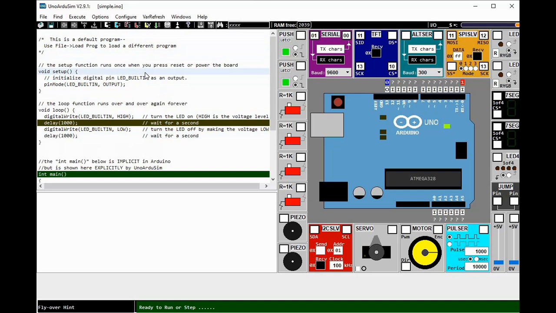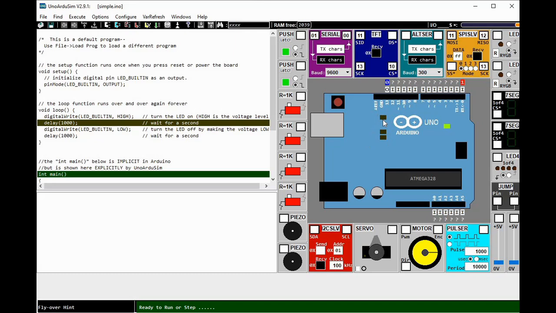environment. You will also notice that it uses the LED built-in variable. This is already a reserved variable for the LED that is available in your board. You will notice that there are 3 LEDs here.